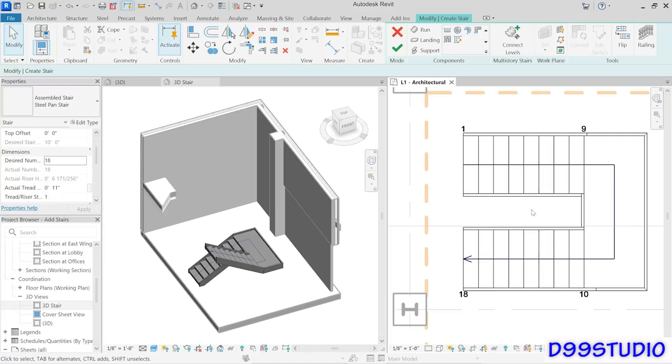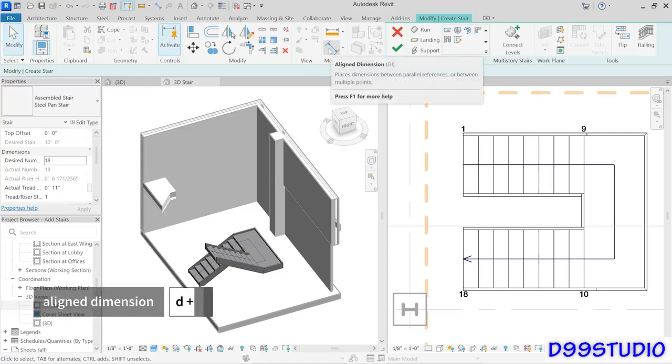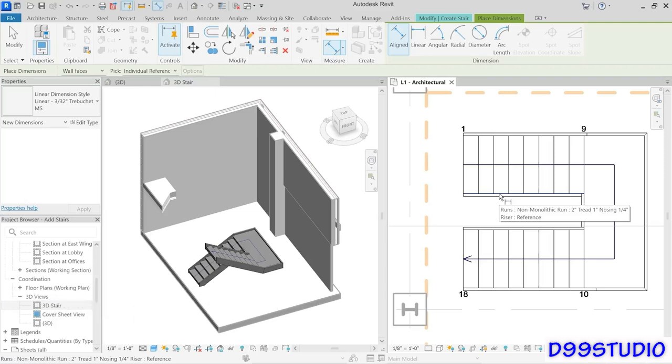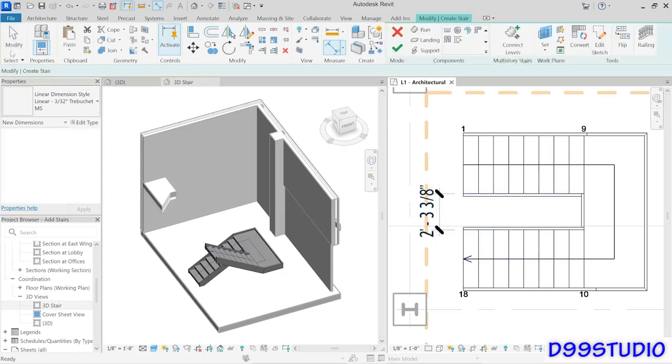So to rectify that, I'm going to use a dimension, just like we've done with other elements in Revit. I'm going to use my Align Dimension tool, or DI, pick the inside face of the first run, and I want to look at the tooltip and make sure it says runs. If it doesn't, use your tab key to make sure that it does say runs. If it says supports, you want to tab. Then I'm going to go runs to runs and place the dimension over here,